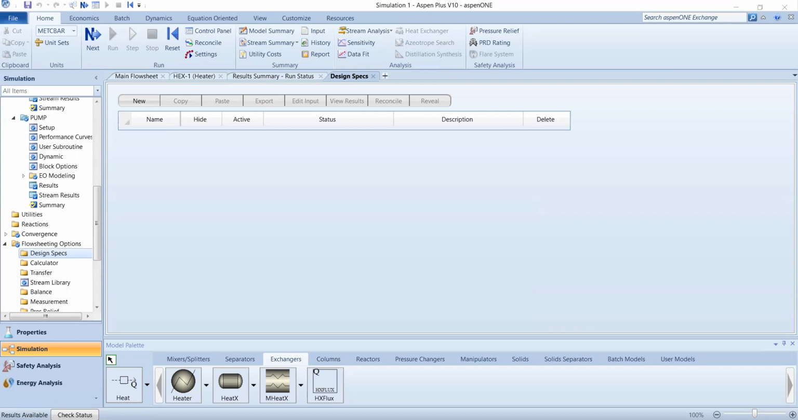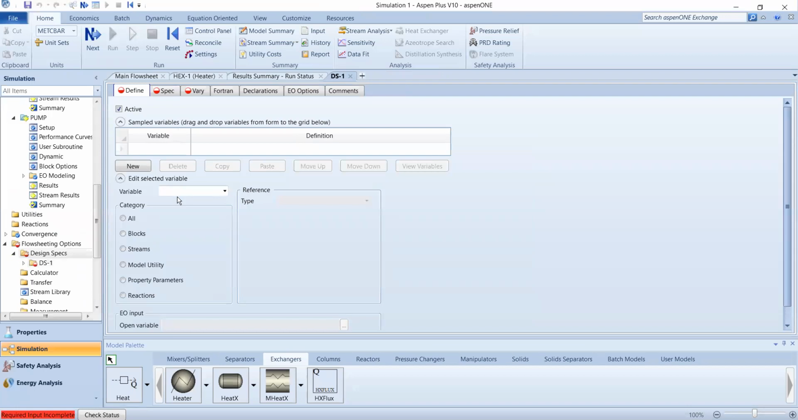So, flow sheeting. I'm going to set a new design spec. I'm going to call it DS1. You can call it water flow rate 1, whatever you want to call it, it doesn't matter. DS1 in this case, and we're going to get this window. So I need to define a spec, and I'm going to vary it between some temperature. So in this case,